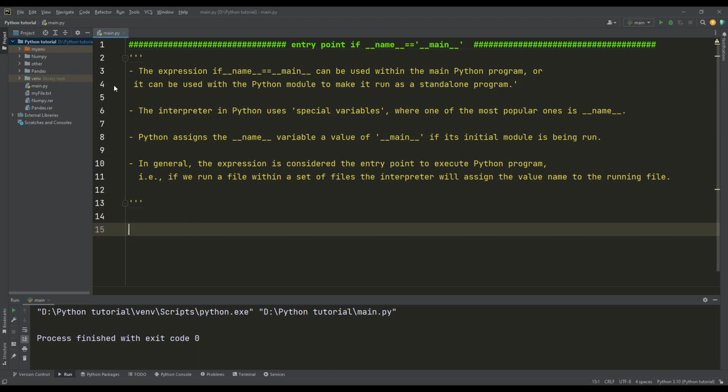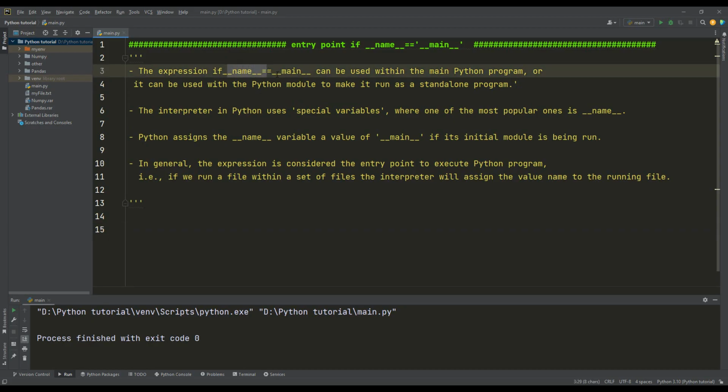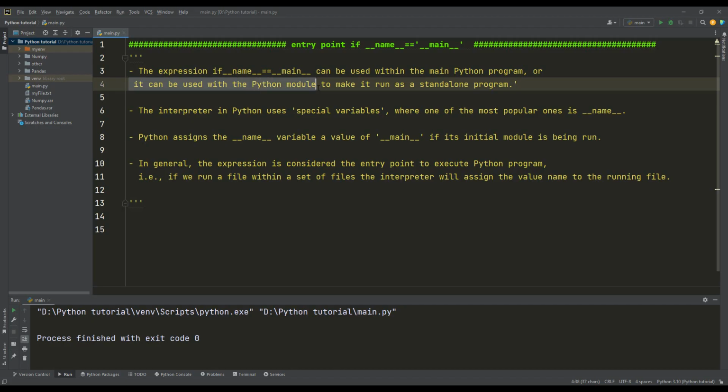This file is automatically assigned internally the name of main. So this expression can be used within the main Python program, or with a Python module to make it run as a standalone program. So we can run this program directly, okay?